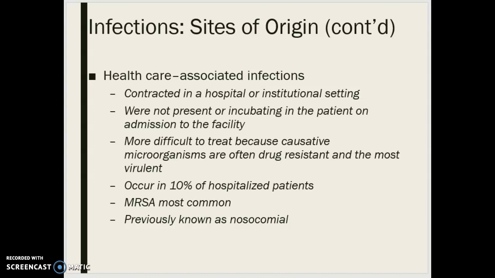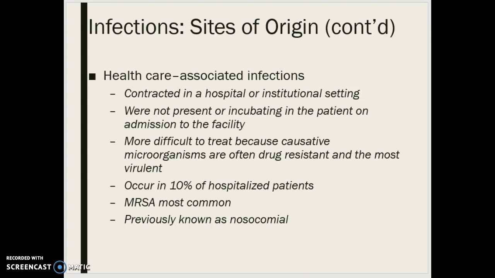It wasn't present or incubating in the patient when they were admitted to the facility. Frequently, these are more difficult to treat because the causative microorganism is already often drug resistant and also the most virulent strains. It occurs in about 10% of our hospitalized patients, and our most common healthcare-associated infection is MRSA, methicillin-resistant